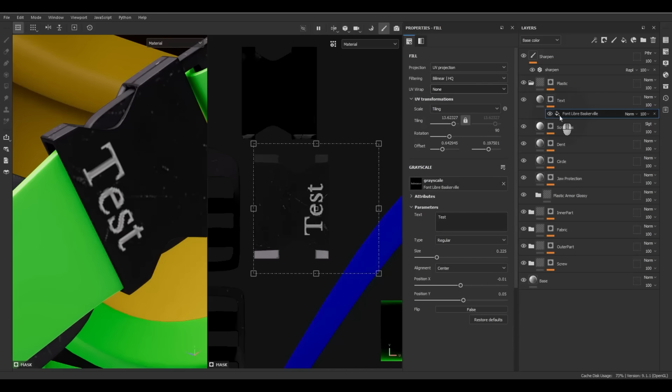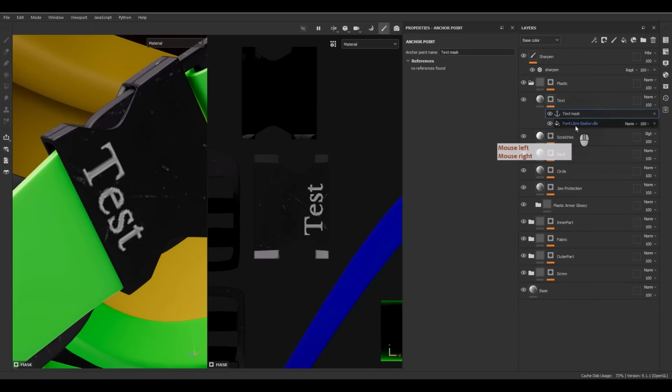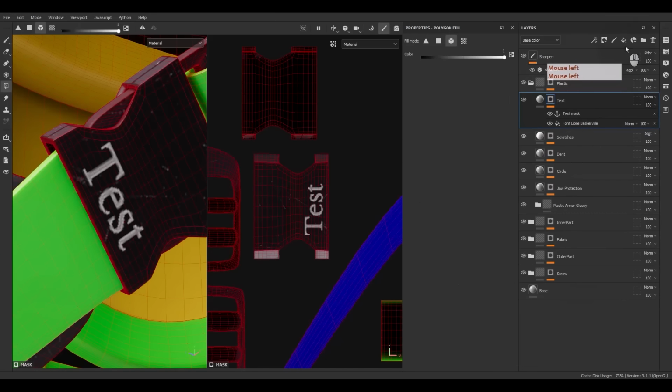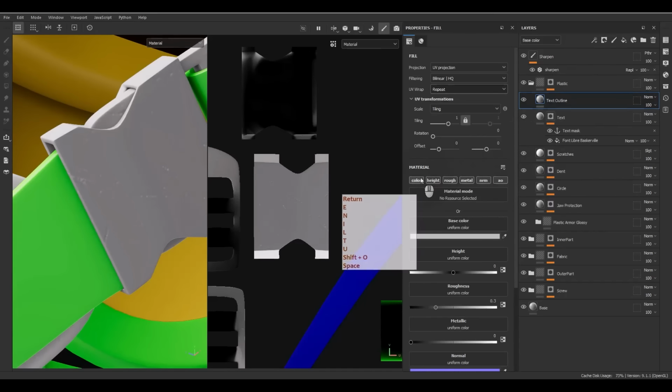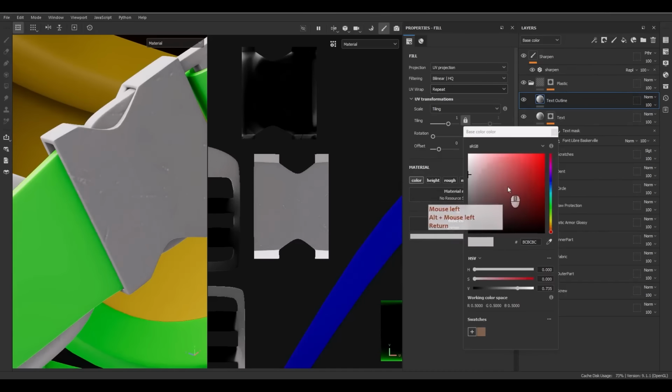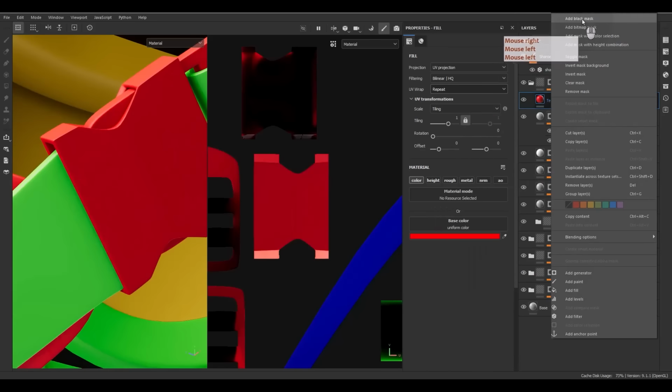So I just add a fill layer with the text, and now let's add an anchor point, and I'm going to create another layer with the name outline, and the color is red just for demonstration, and let's add a black mask,